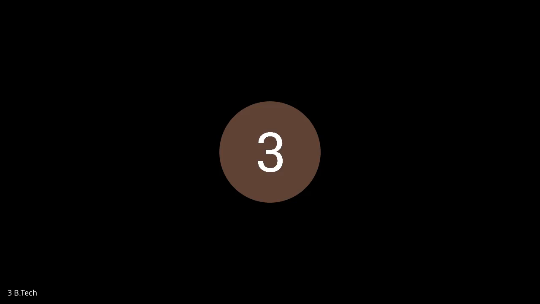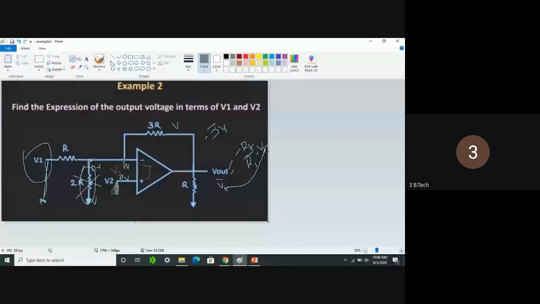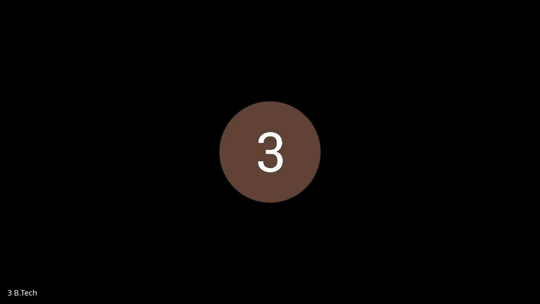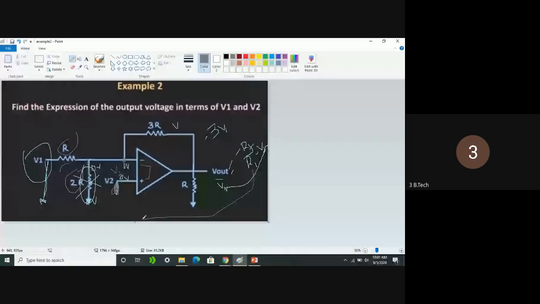And what is R1 here? Now voltage is presented: the same V2 is presented here, and 0 at the other end. So current passes through this one as well as through this one, so R and 2R are in parallel form. To find R1, we should find this parallel combination, then replace it in the equation, 1 plus RF by R1. So R1 is nothing but the parallel combination of R and this 2R,